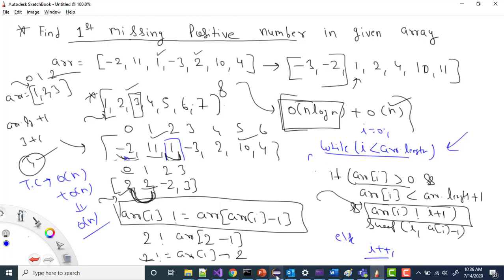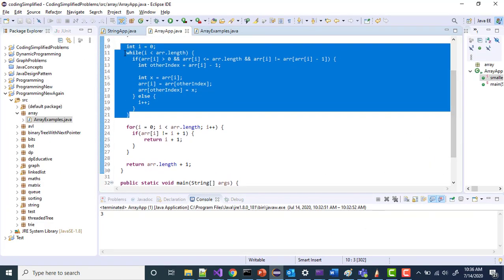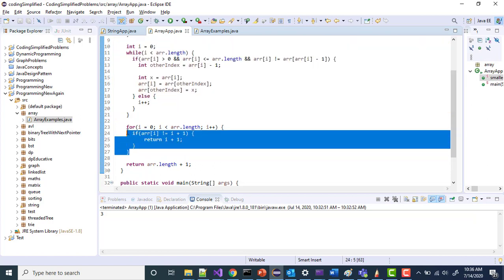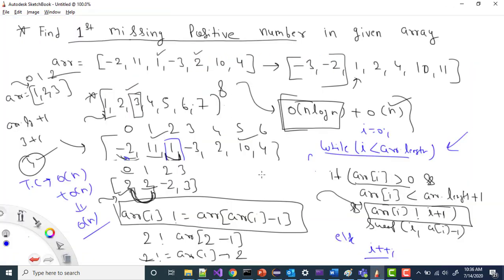You can see that from here itself: we are using one while loop, which is O(n), and this for loop, which is also O(n). Both are linear, so overall it will be O(n). As for space complexity, I'm not using any extra space, just some variables, so space complexity will be O(1), right?